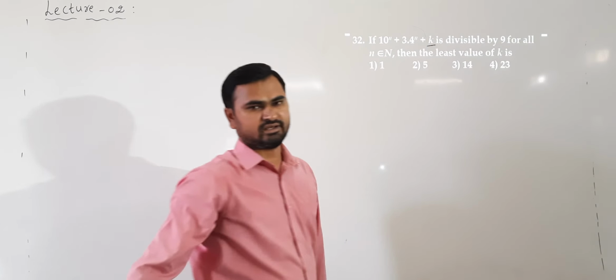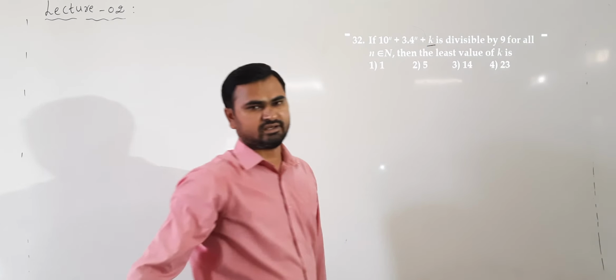So 22 plus k, for 22 we are adding some number so that the sum is divisible by 9. So they are asking what is the least value of k. Okay. So what should be the least value of k so that it is divisible by 9? We can take the options, substitute the options and see what value of k we can take. Verify. Now we will start with the least number. So this is the least option, we have 1. So let's take here k equal to 1.